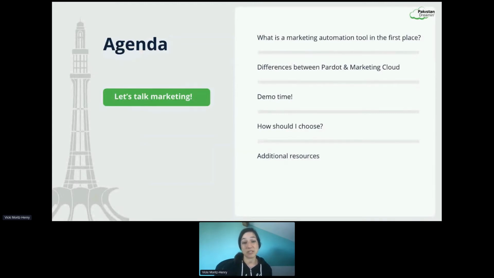Then we'll have a demo time. We're going to try to do a live demo, because I'm loving these live presentations and actually being able to interact with all of you. And while a live demo can be really scary and nerve-wracking, we'll give it a shot. And also, how should I choose? What are some questions that you should ask yourself or your clients